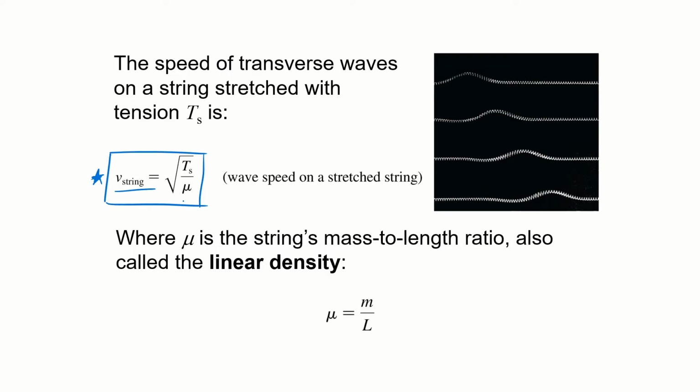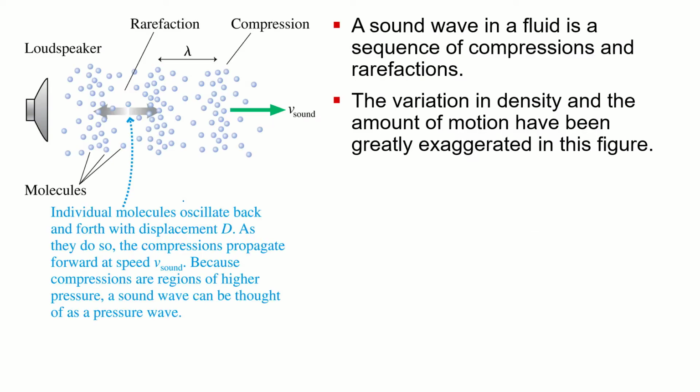We can also apply the same wave model to other types of waves, like sound waves. What is a sound wave? Let's say you have some speaker here. What happens when you place something on that speaker? It oscillates back and forth. When it goes forward, it pushes all the air in front of it together, and we get this dense compression of air molecules.